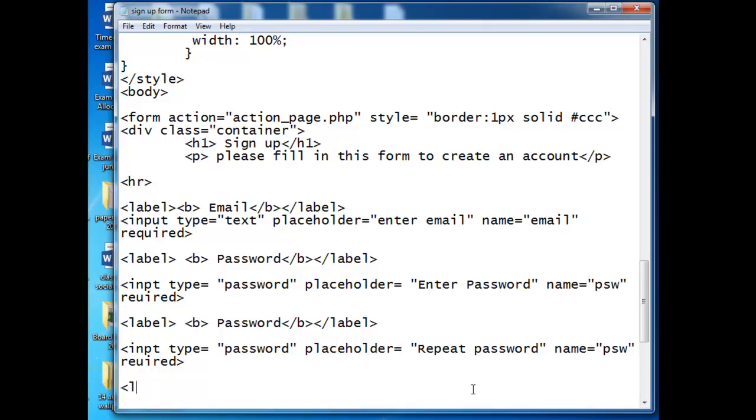I have to give it another label, and inside this label I have to write input type equal to checkbox, name, checked equals to double quotes checked, and I have to give it a name to remember, double quotes closed,